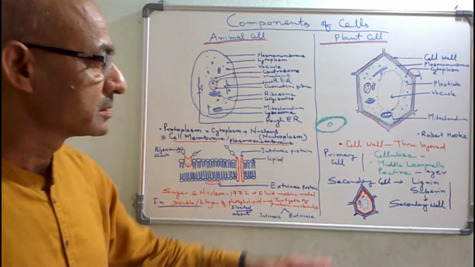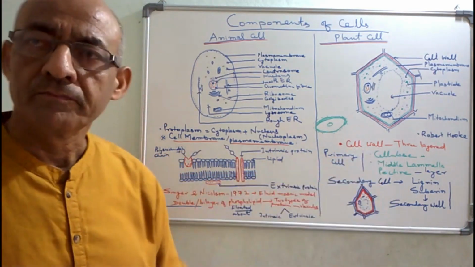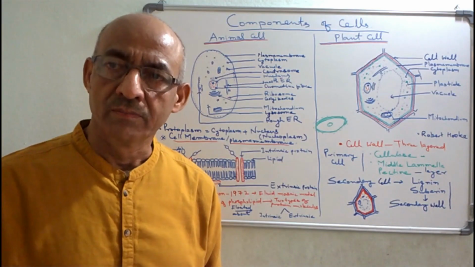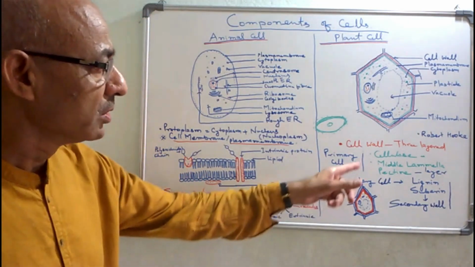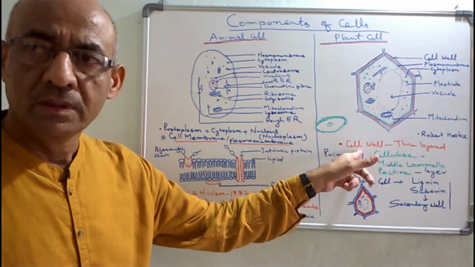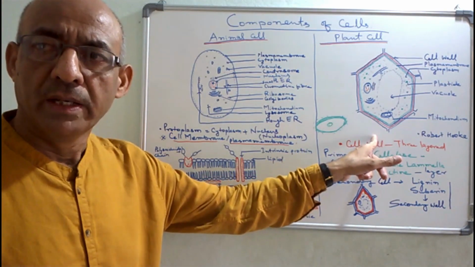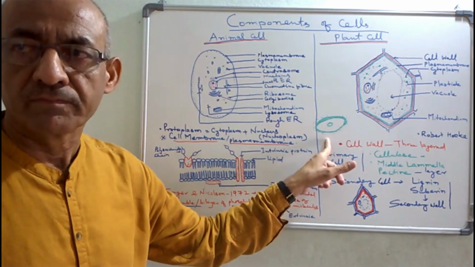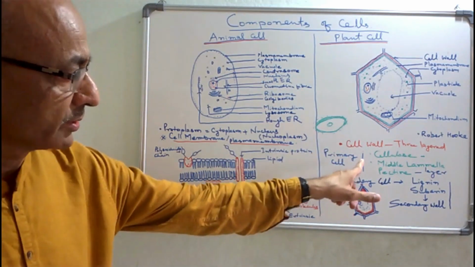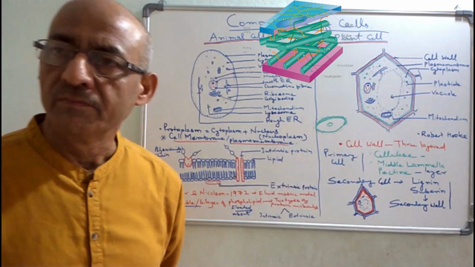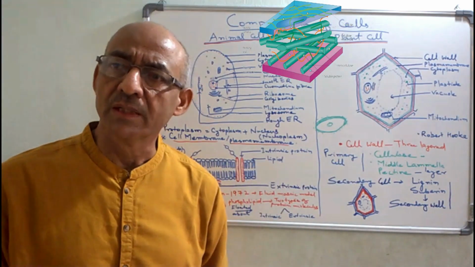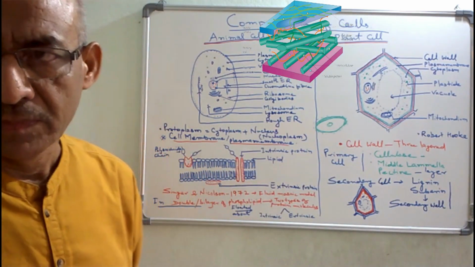Now we will discuss the cell wall. Just before, I told you the cell wall is only found in the case of plant cells, and bacteria is the exception. In plants, the cell wall consists of normally 3 layers,